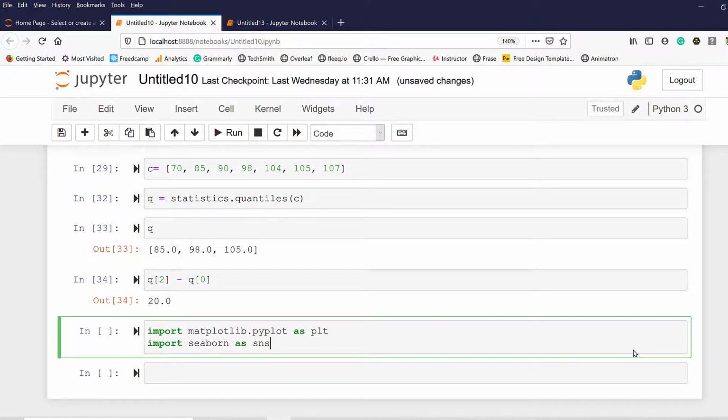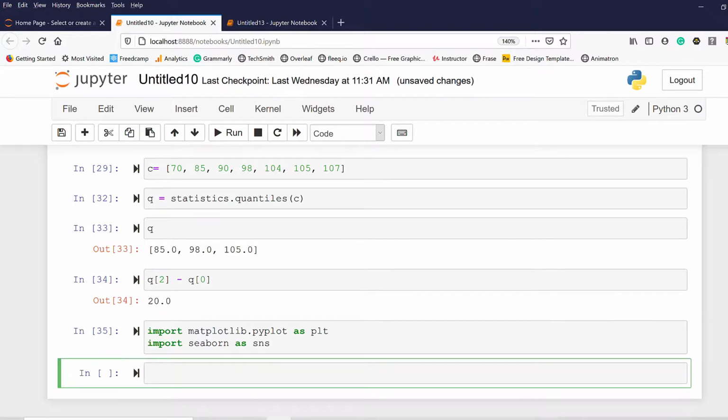So these two packages I need to import. And we will be discussing these in more details. So once I have imported these packages, this is so simple to make a box and whisker plot that I can say use sns, that means the Seaborn package, and make a box plot. So boxplot, and in the bracket I give the list, and list name here is C.